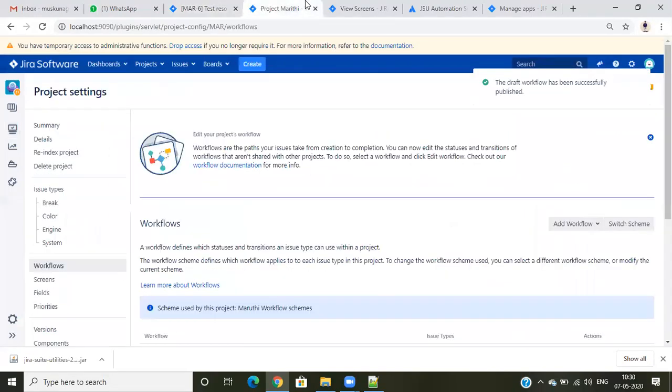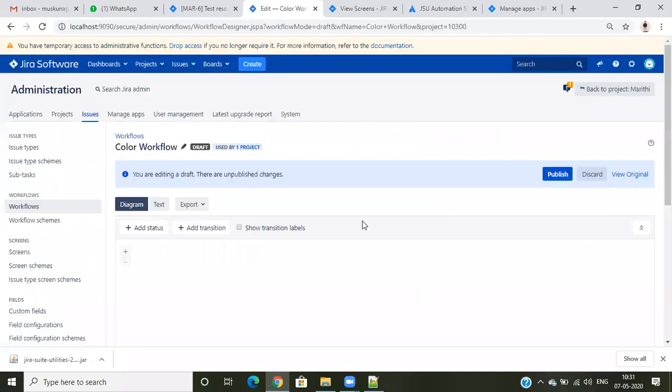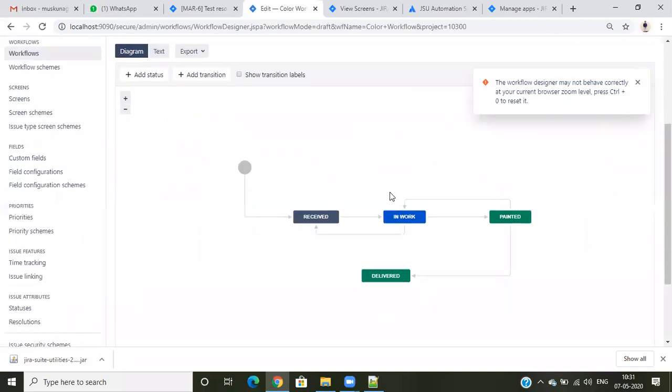So this is the way we can add screens to a particular transition. You will need this many times. When I click on these transitions, I need to get one screen to select these custom fields or something.